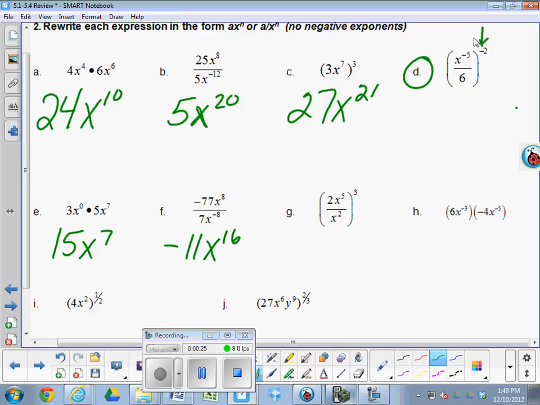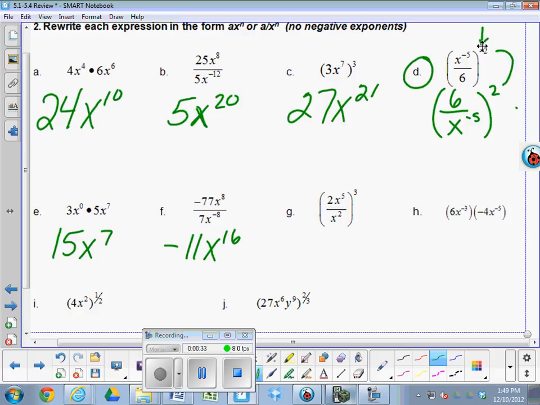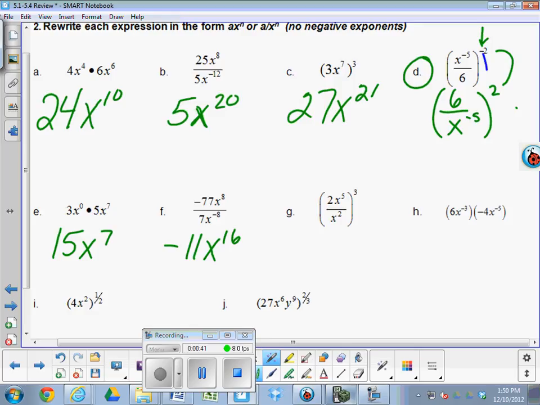Flips it. So the first thing I'm going to do is flip this as 6 over x to the negative 5. Now that exponent 2 is positive. Okay? Now, listen. That was this negative out here flipping these. Right? But now that x to the negative 5 is down here, we're actually going to flip it back up